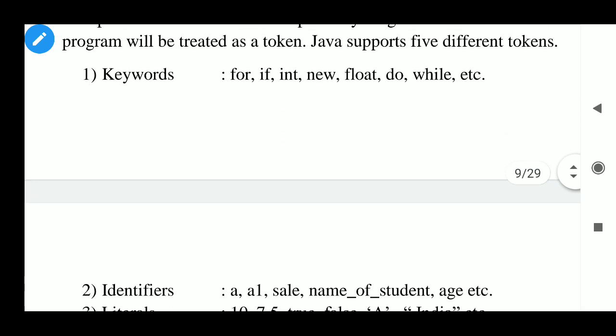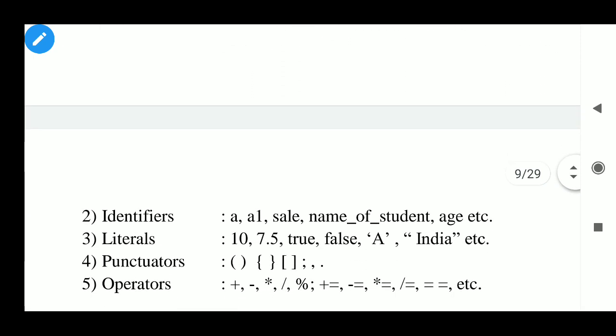And second is identifier, that is a1, sale, name, underscore, name of student, complete variable, age, etc. Literals: 10, 7.5, true, false, capital A, India, etc. These are the tokens.